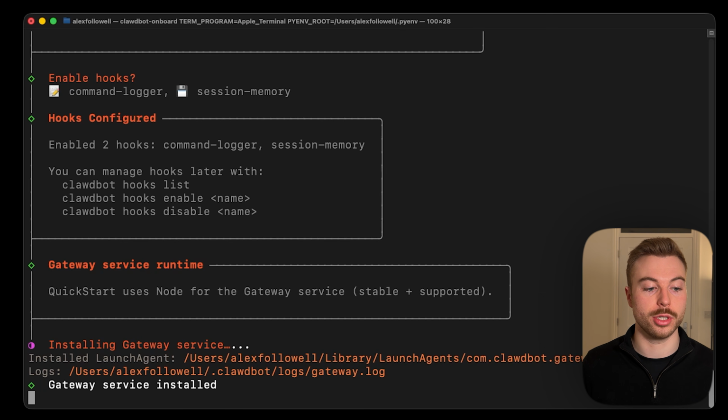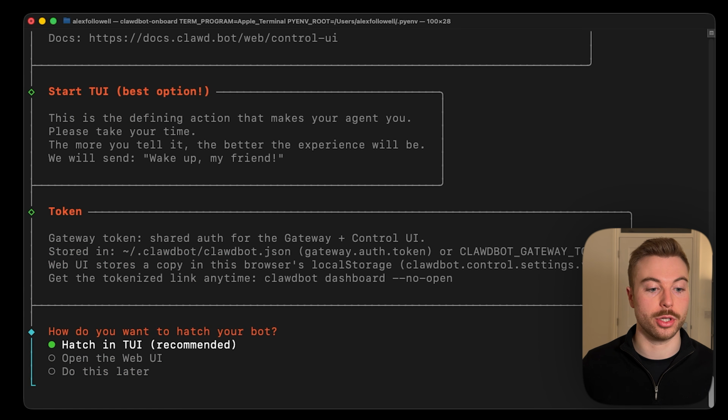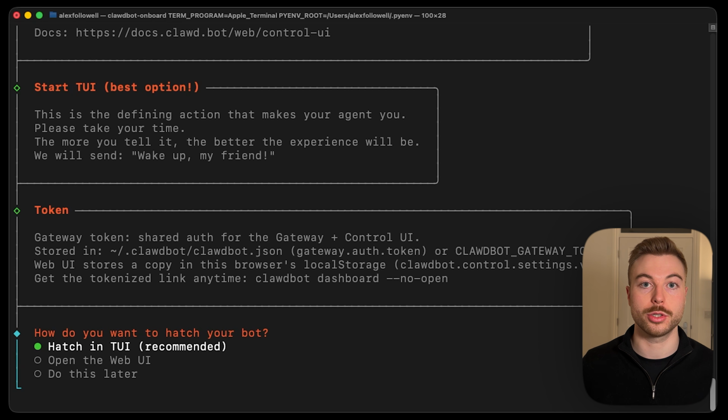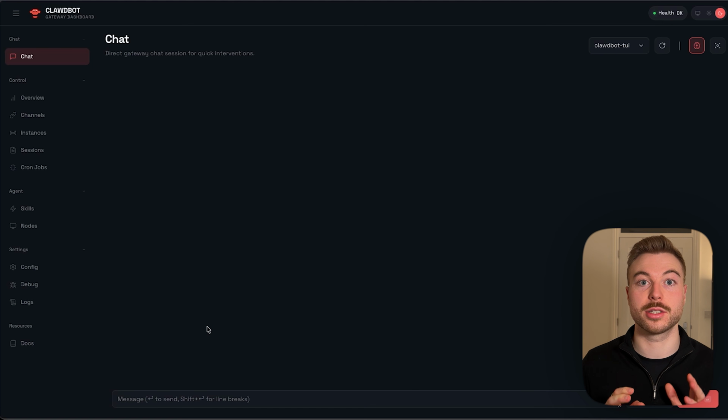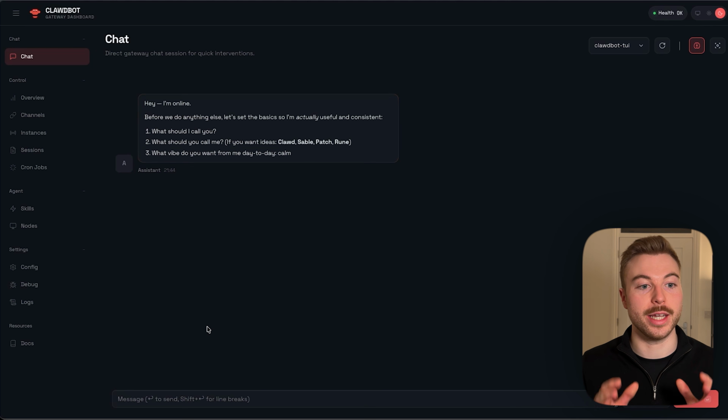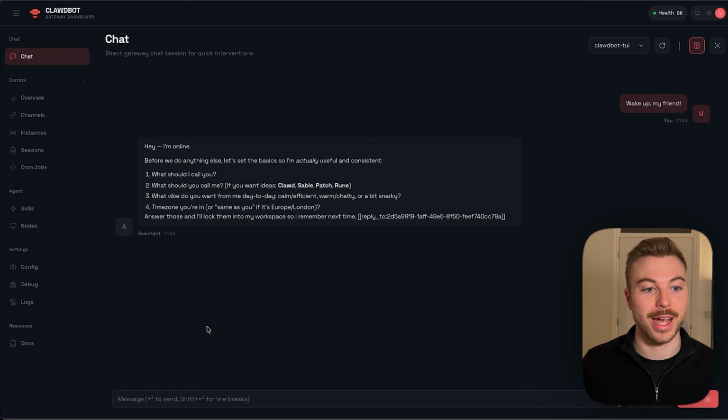So there we go, it's just installed our gateway. Now it's giving us the option to go through and choose the TUI. So we're going to press enter on that. It is going to load up our dashboard in here. Now, as we can see in the background, it's going to go through and start getting that setup process